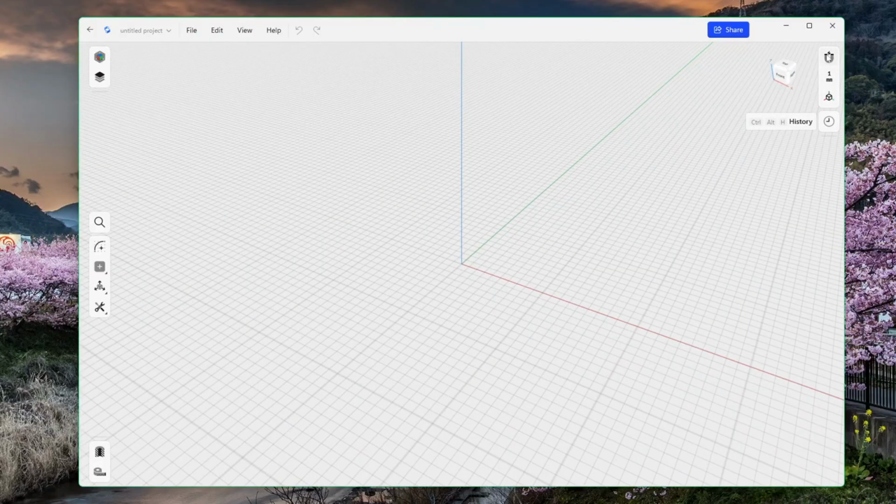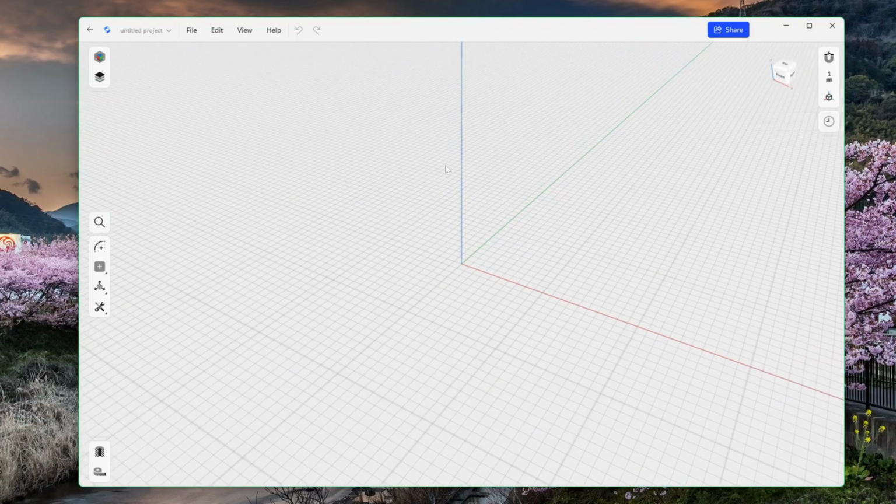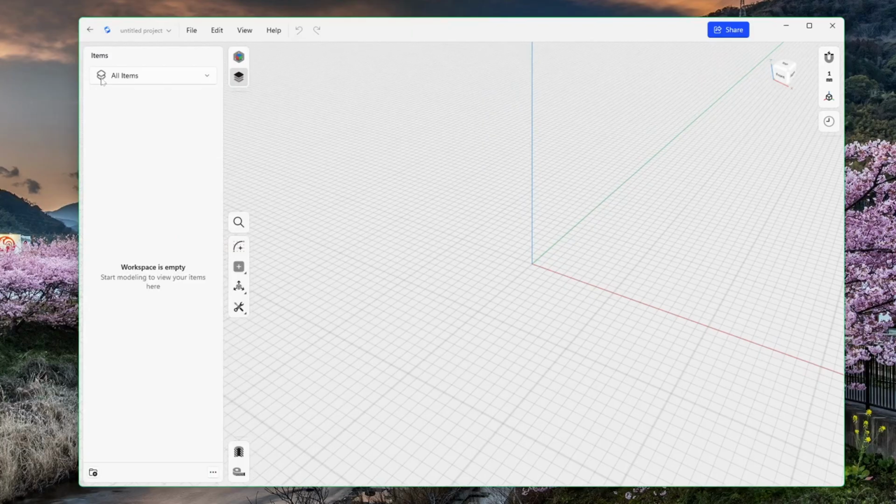Here you have settings. We can go into these later on, and this is the history. Once you start designing, all of your steps will be listed here, and you can edit them in hindsight. On the left-hand side, you have the basic tools, which are Sketch, and then Add. Here you can add images, files, construction lines, but we will go into this later on too. Here are some more tools you will use later. And on here, you will see all of your bodies you created. I will show you this later again.